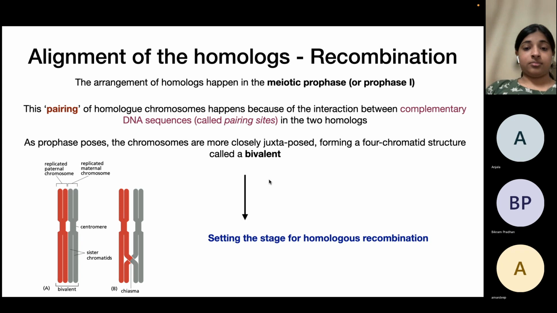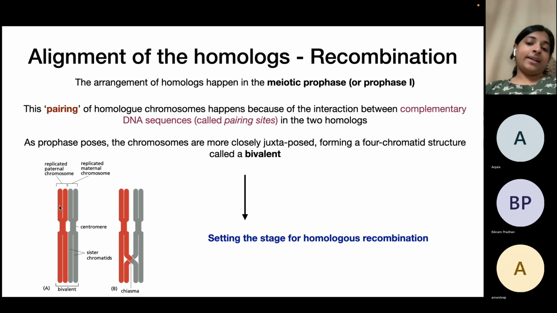And this is a four chromatid structure. This is known as a bivalent structure. Here in the representation of a bivalent structure, we can see that, say, this is the paternal chromosome, this is the maternal chromosome. Both have replicated, both have two sister chromatids, and all these four are arranged together in one